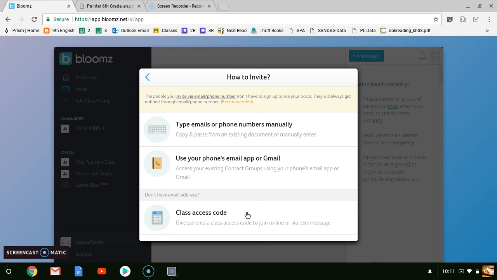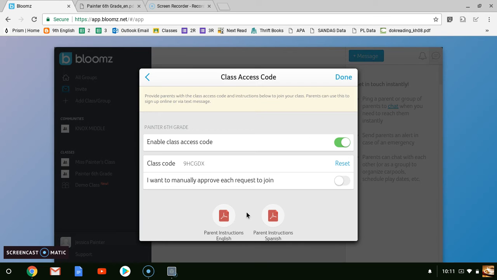I'm going to select the class access code option since it is the fastest way to invite parents. Blooms will generate a code. There is an option to generate a new code if needed. You have the option to manually approve every request to join. This is a good idea if you want to be certain that only the parents of your students use the